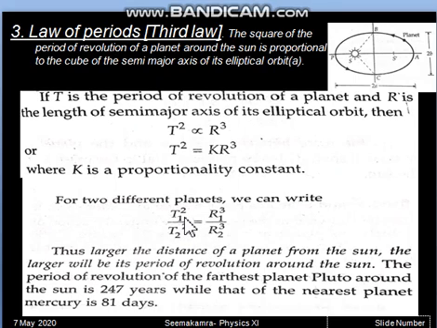We can use this formula in finding the missing term. Suppose for any two planets, the time period of the second planet is asked. Then we should have the time period of the first planet, the radius of the first planet and the radius of the second planet. So by substituting the remaining three terms, we can calculate the missing term. This way any missing term can be calculated using this formula. This formula is numerically very important.